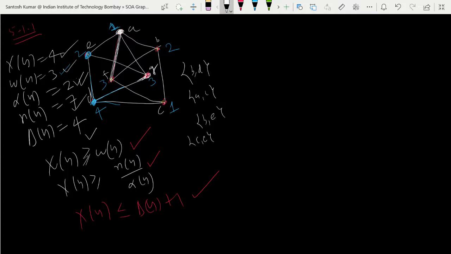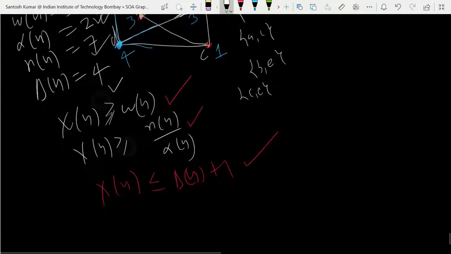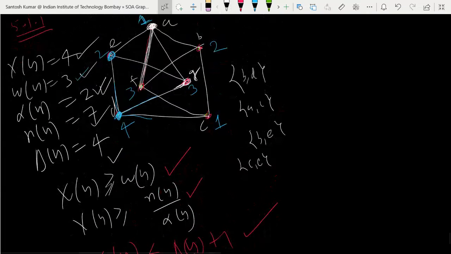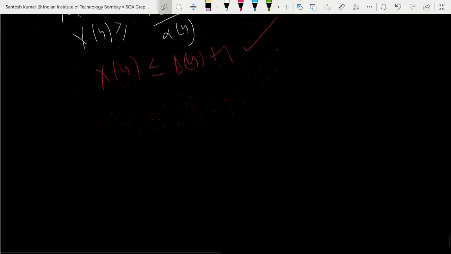Because K4 you cannot take as a subgraph. That's it. So any subgraph you will take, like you can take a triangle, that will have chromatic number 3. So you remove any vertex or any edge, and in that case the chromatic number will decrease. There is no subgraph of this which has chromatic number 4. That's why you can say every subgraph has smaller chromatic number than the chromatic number of G. Then that's why